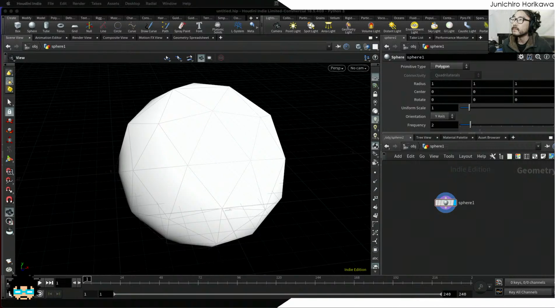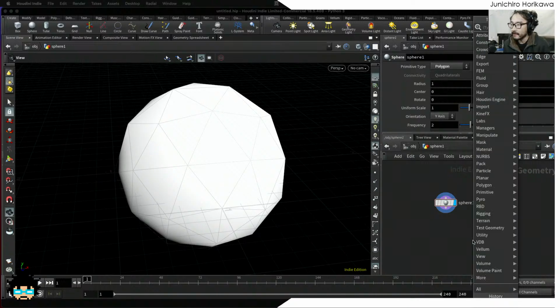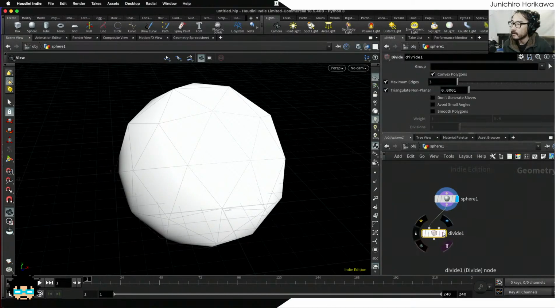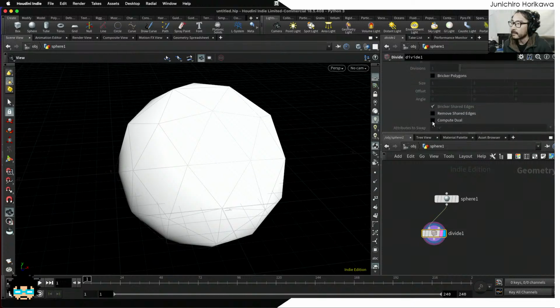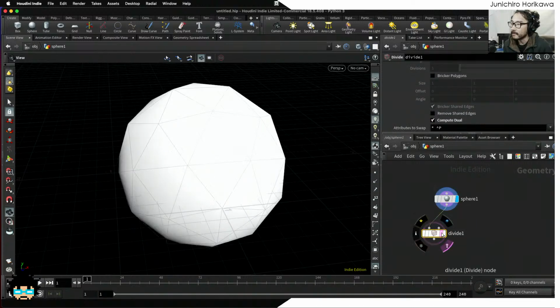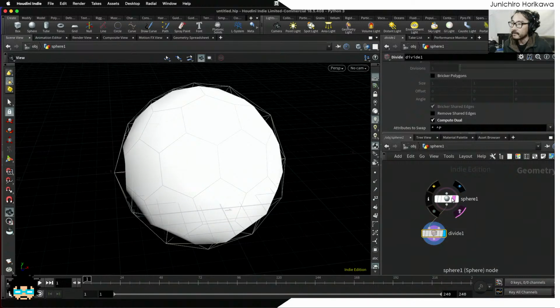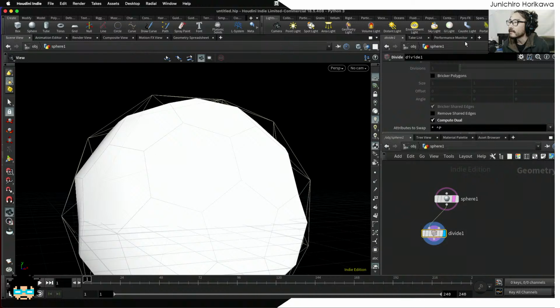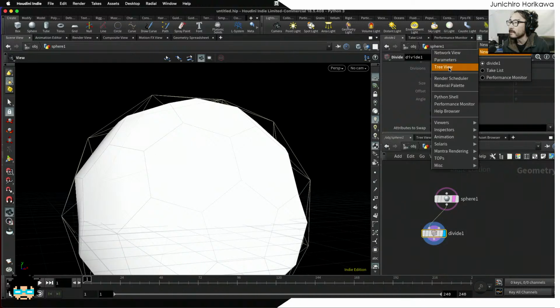Okay, so what I'm going to start is by creating a dual network, but you can easily create a dual network using a divide node by checking a compute dual. You will be able to create this kind of dual network easily, but the thing is that it doesn't have any information about